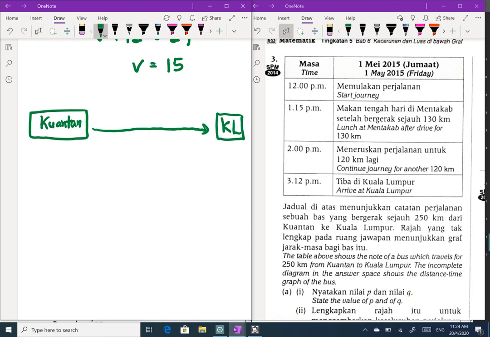Okay, total distance is 250 kilometer. So that means start from 250 kilometer until the end 0 kilometer when I reach KL. 当我到达 KL，我是不是已经没有了0 kilometer？